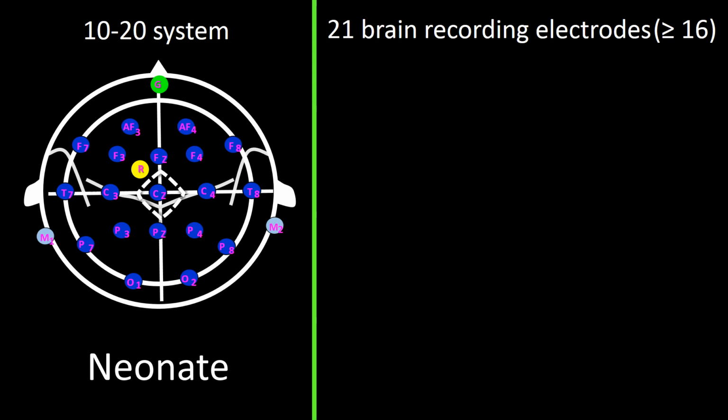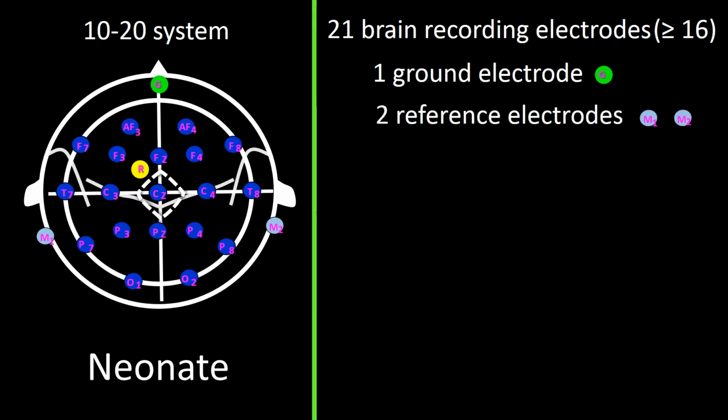The recommended number of electrodes to be used in neonatal EEG is 21, certainly no less than 16. In addition to the EEG channels placed using the 10-20 system, we must use one ground electrode, which is placed over the forehead, two electrodes either on the mastoids or ears to be used as non-cephalic references,